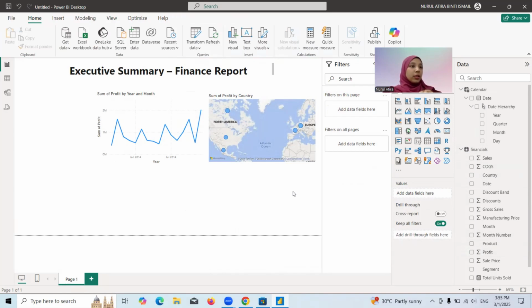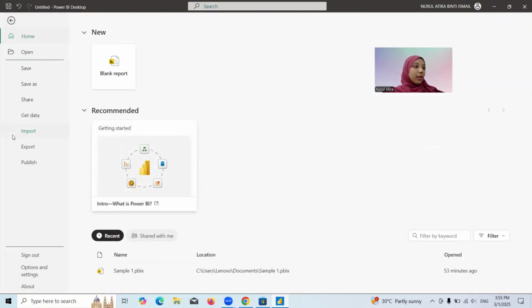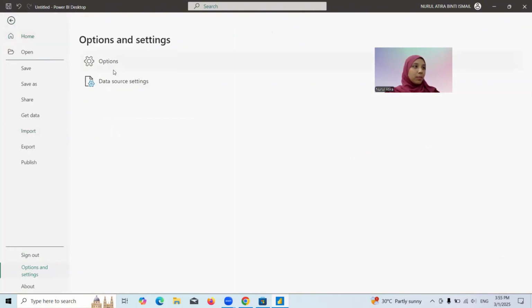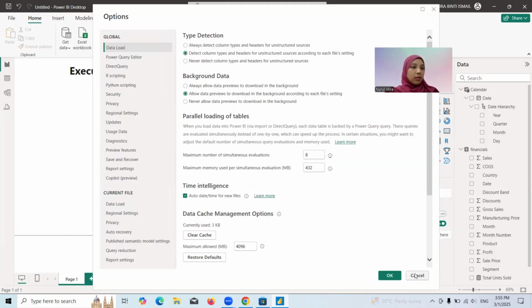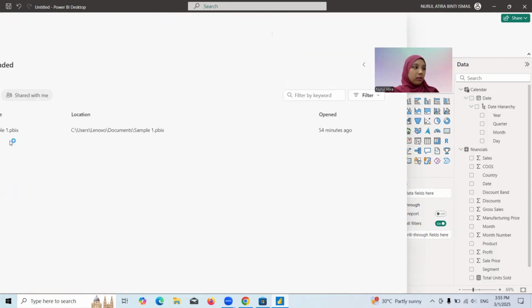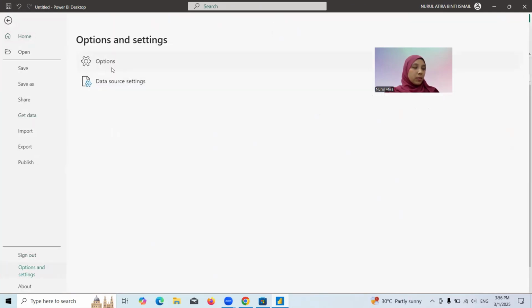So I forgot to mention, if you are using map and you are an organization, you need your admin permission to make this happen. If you don't have admin permission, it's not going to show up. But in my case, I'm using my school email, hence why this happened. It comes out as temporary. Let's go through that: file, options and settings, options,